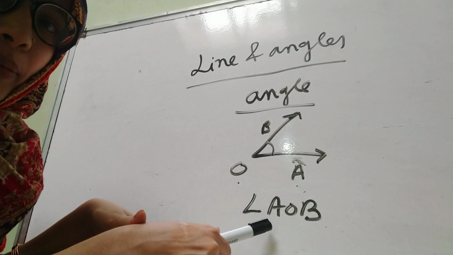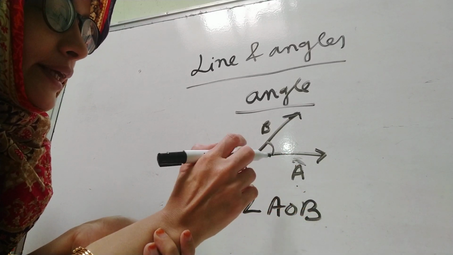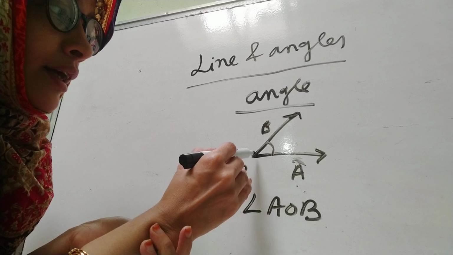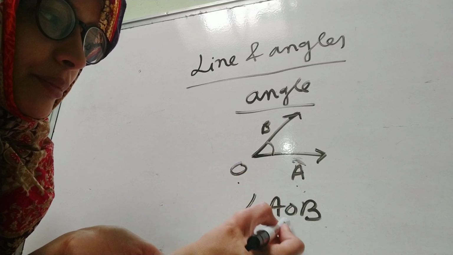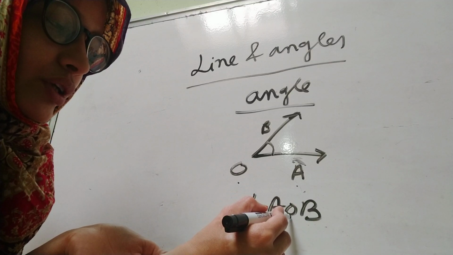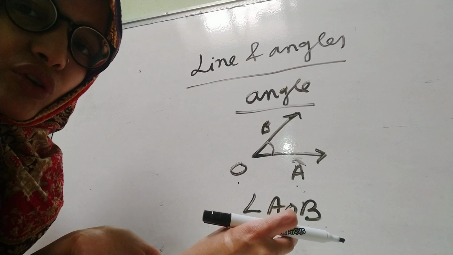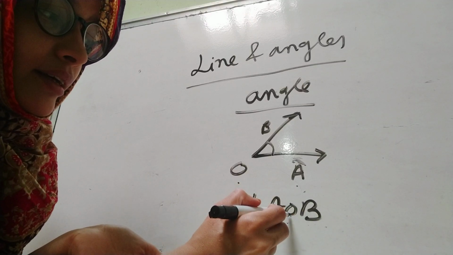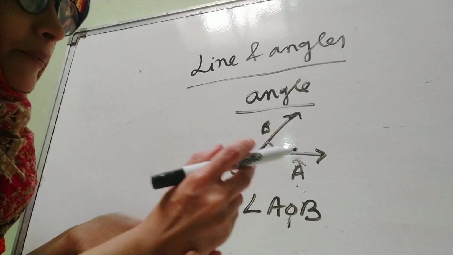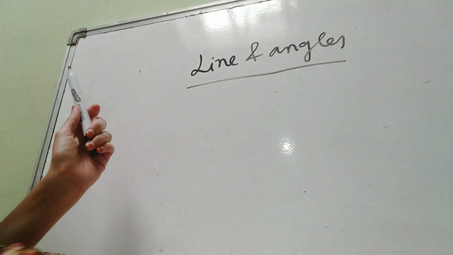Angle AOB is represented in this manner. One thing to keep in mind is that the point where we get the angle, the common point of the two rays, is kept in between. So this is AOB. You cannot change this. You can change the B or A position, but you cannot change the O position if you are considering angle O. Okay, you cannot change its position even in writing. So there are so many types of angles. Let us understand this.